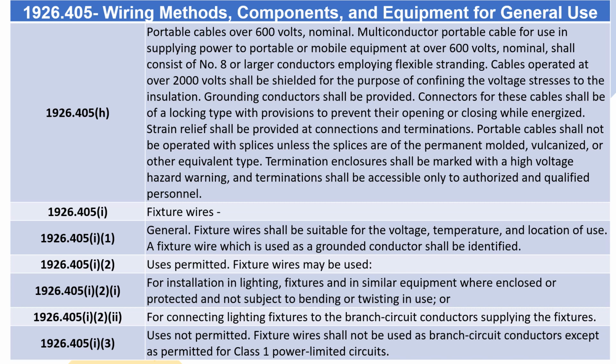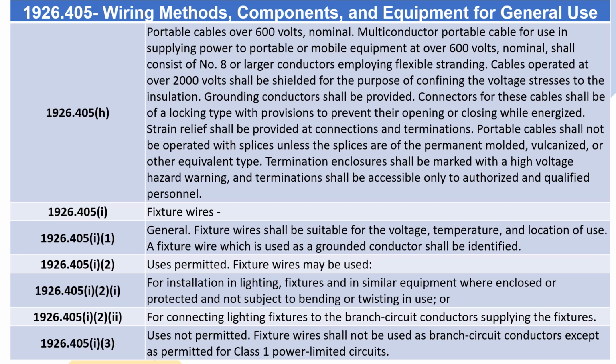1926.405(i), fixture wires. 1926.405(i)(1), general. Fixture wires shall be suitable for the voltage, temperature, and location of use. A fixture wire which is used as a grounded conductor shall be identified. 1926.405(i)(2), uses permitted. Fixture wires may be used